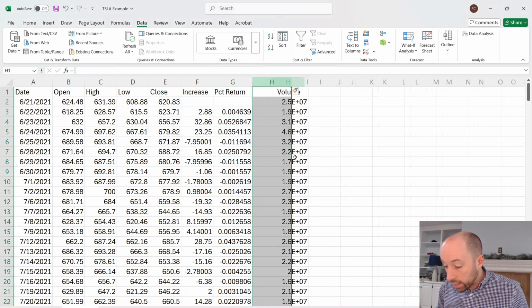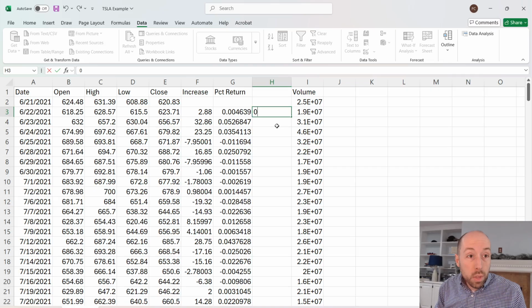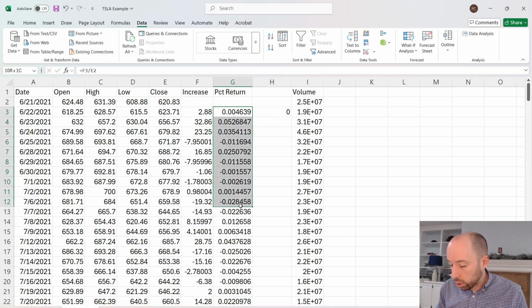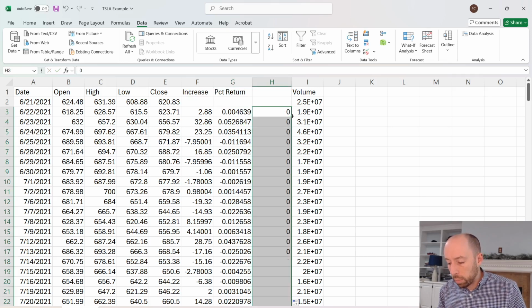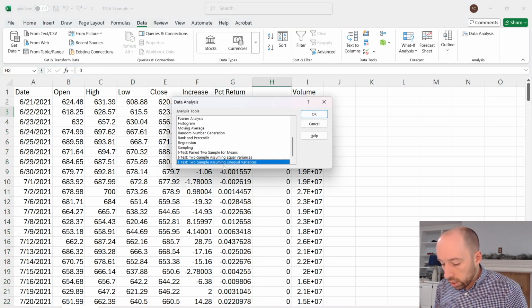I'm going to insert a column of zeros because I don't want to test these returns against another set of returns, which perhaps could be interesting if I'm comparing two stocks. But I'm going to test these returns against a column of all zeros. Data analysis,